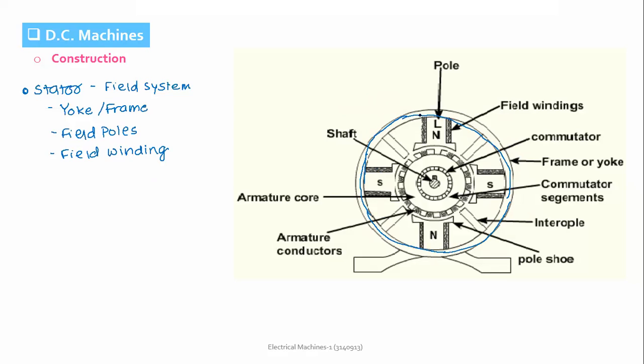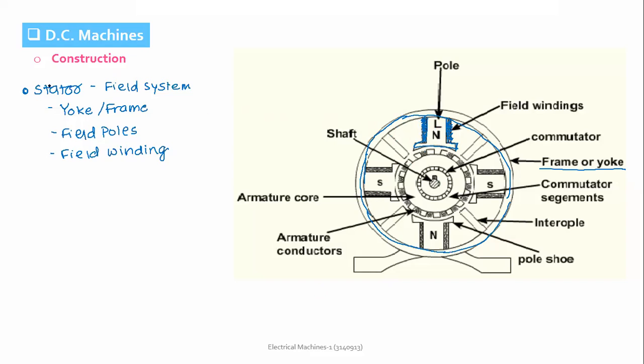I hope all of you have seen motors, let's say an induction motor or any other machine. The frame or the body of the machine is called the yoke. We'll see one by one. Then these are the field poles, I'm just showing you this one. In detail, we will see one by one. And there is winding which is wound over these poles. Here you can see these are the field winding.